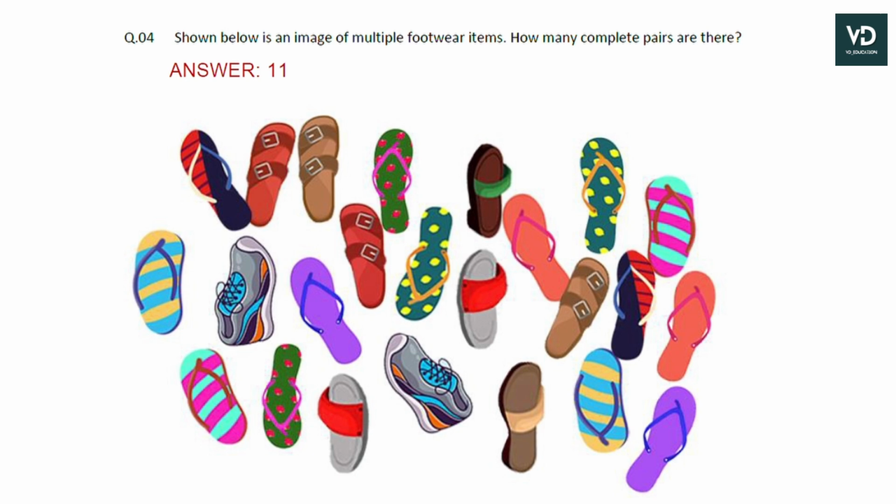देन फोर्थ क्वेश्चन इज shown below is the image of multiple footwear items. How many complete pairs are there? So इस टाइप के क्वेश्चन में हमें बेसिकली शेप्स को काउंट करके नोट कर सकते हैं रफ पेपर में और एल्स इन माइंड वी कैन कैलकुलेट हियर. लाइक लेट्स कैलकुलेट, दिस रेड पेयर इज अ वन पेयर. ओके, सो वी कैन कट हियर one pair,